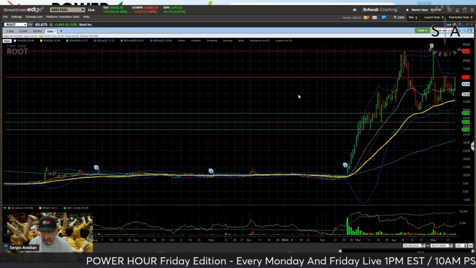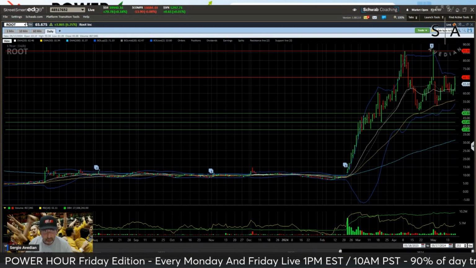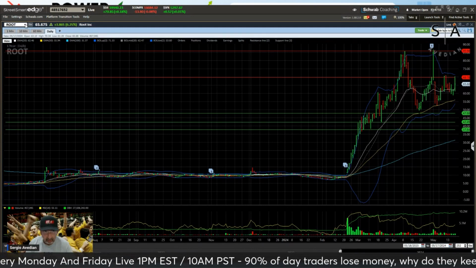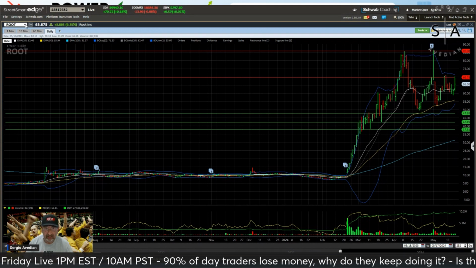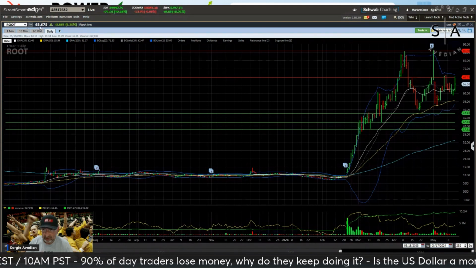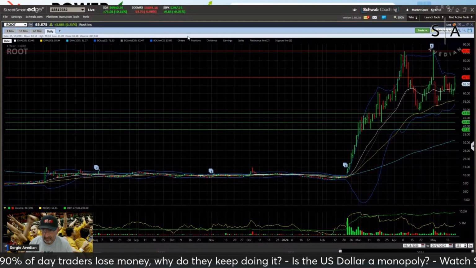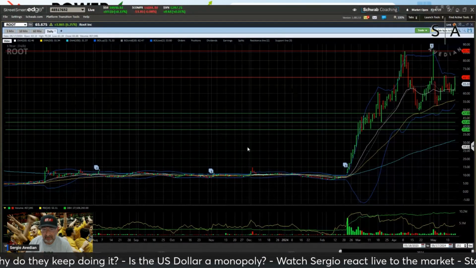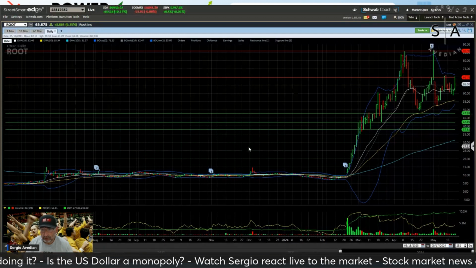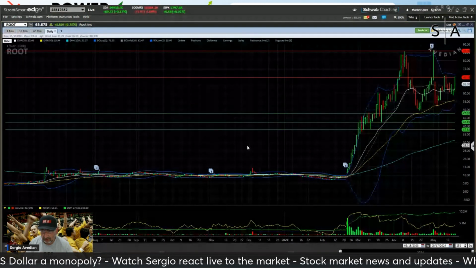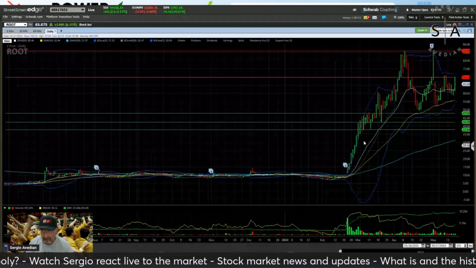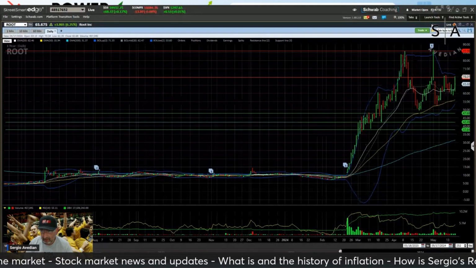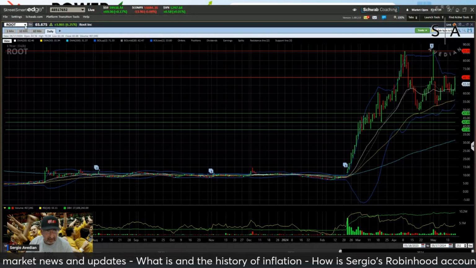These are the things that you need to start using as your tools to pull the trigger. Is there a trigger to pull here? No. But most of the time, don't be the jockey, right? Could I have traded this from 85 to 55 and back to 65? Yeah, I don't want to do it. I want a much clearer indicator and a longer term move like this one it did. Look at my cursor. Stock goes from 10 to 85 in a matter of months. This is where I want to be in. I don't want to be in the zigzag here, right? I don't want to get chopped.